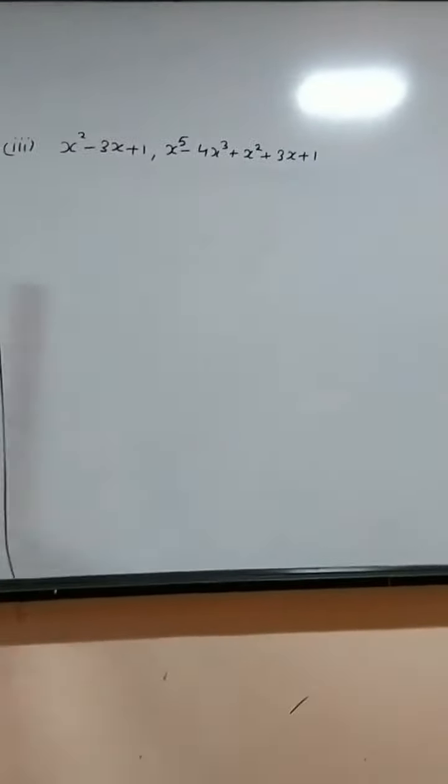So, this is the answer. The other two zeros are minus 1 and minus 1. So, two of the zeros are given, and then the other two zeros are minus 1 and minus 1. Most important sum. It may be asked for 3 marks, and generally it is asked in the exam. So, see it properly. Check all the steps.